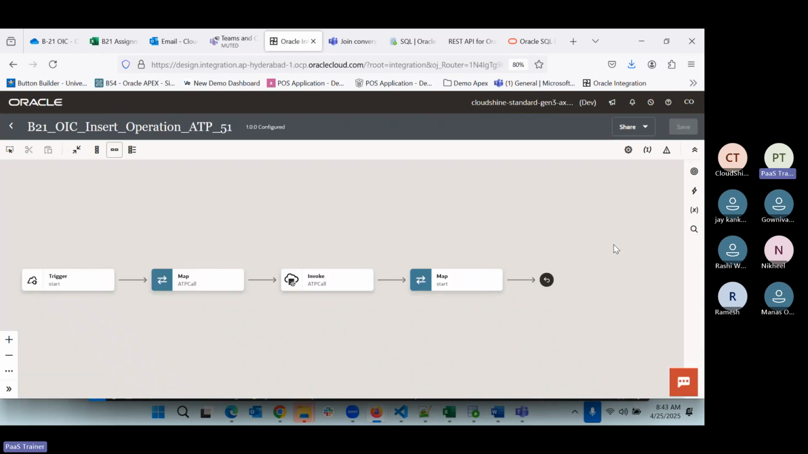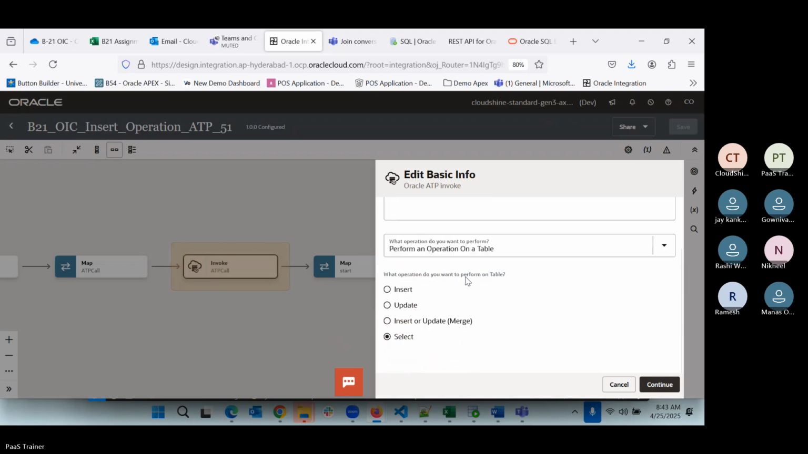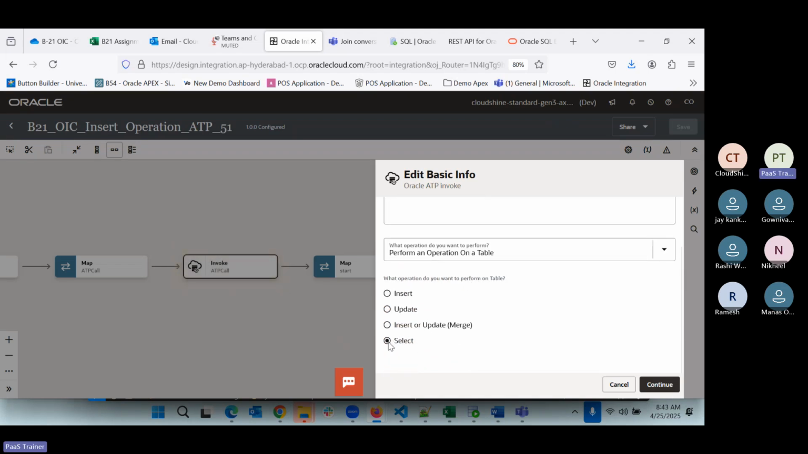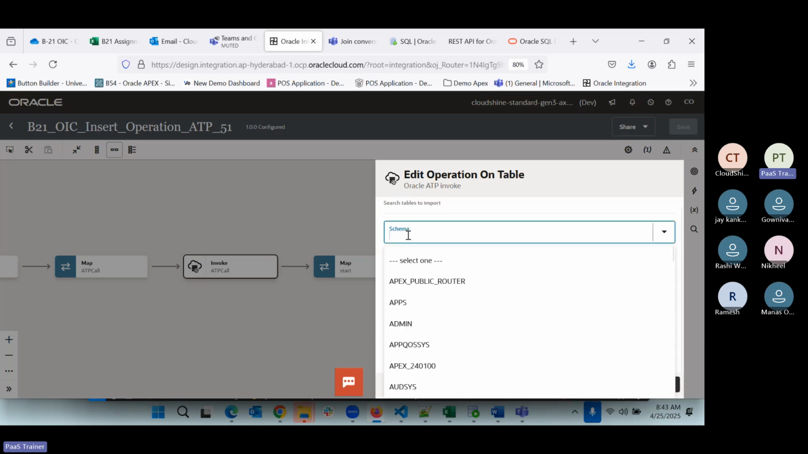Now we wanted to insert the record into the table. So what we have to do is modify this one. So we can come into this one. And this time in the operation we don't have to use the select. We have to use the insert operation. So we can go and use insert operation. We can say continue. So again we need to select in which table. So we can write here admin